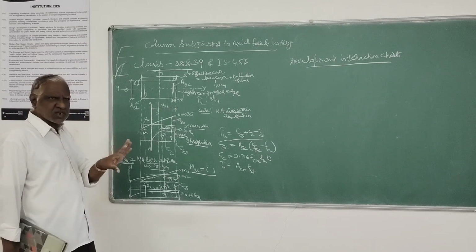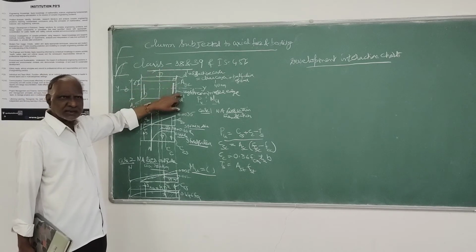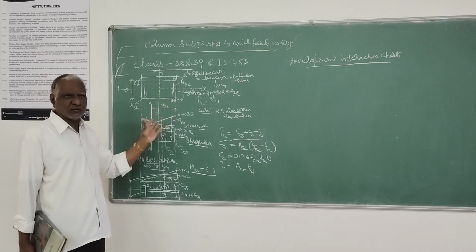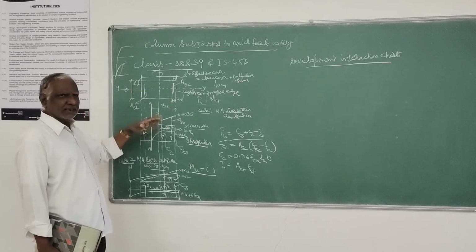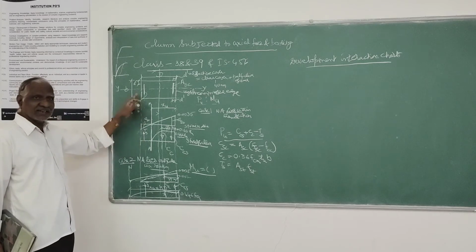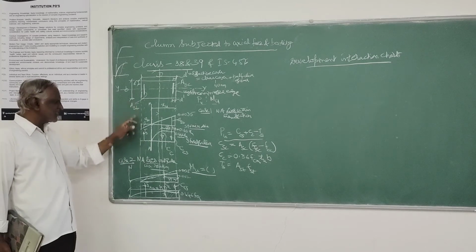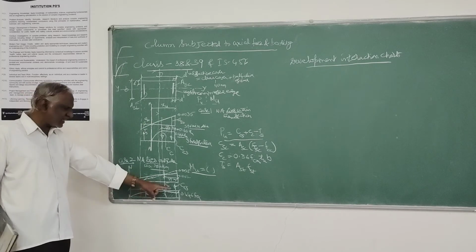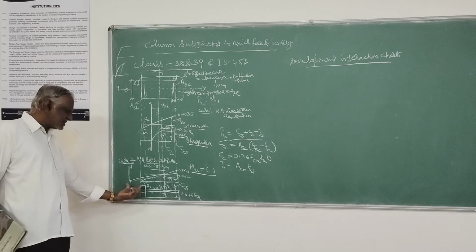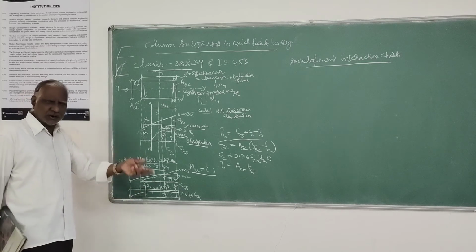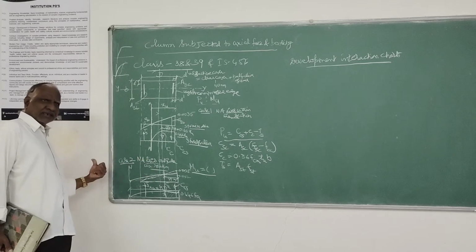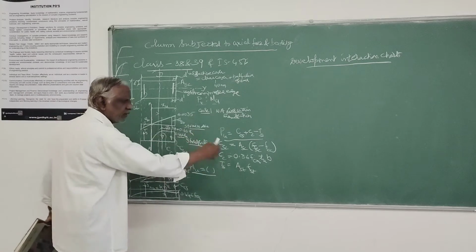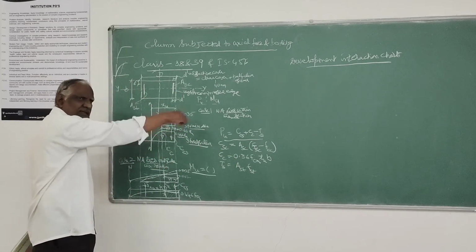You just fix up, to start with, you know B and D. So you fix up the position of the neutral axis. XU is equal to 0.1D, 0.2D, 0.3D, up to D, which is exactly where the neutral axis coincides with the edge, as I have shown here. When XU is D, or away from this, you can also take 1.1D, 1.2D, 1.3D away from that. So you can just calculate this PU and MU for the given section.